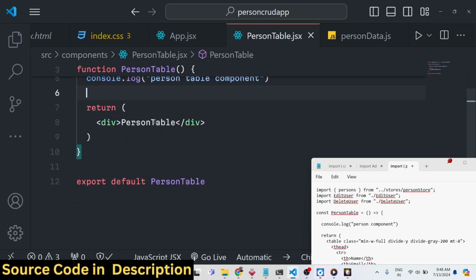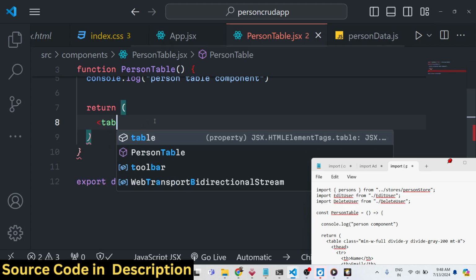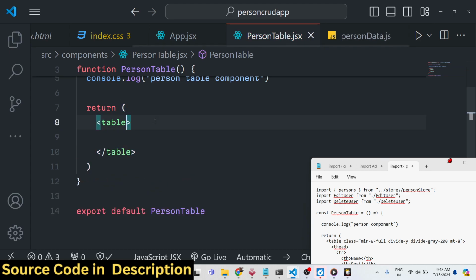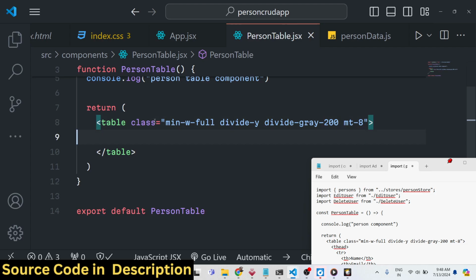So right here, we will have a table inside this table tag. We will be giving it some Tailwind classes: min-width full, divide-y, divide-gray-200, and margin top, I will give it 8. After that, we will say